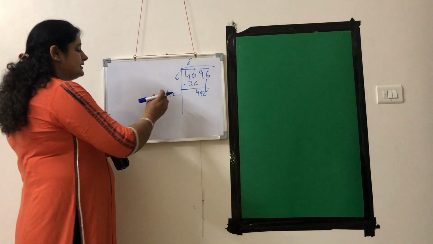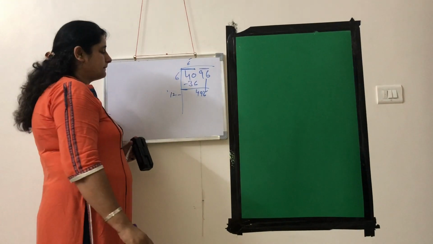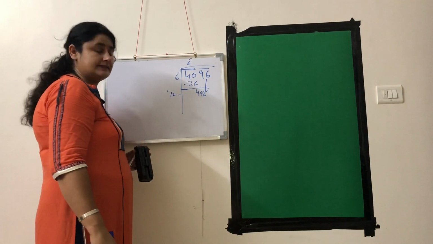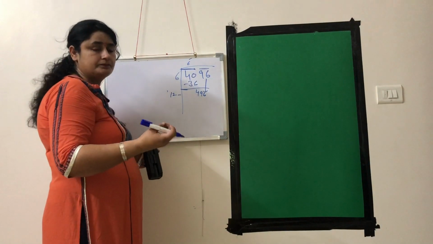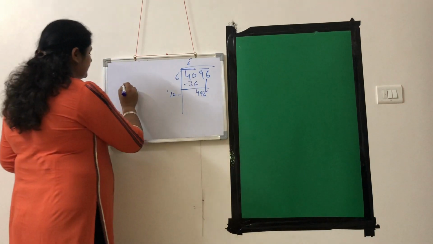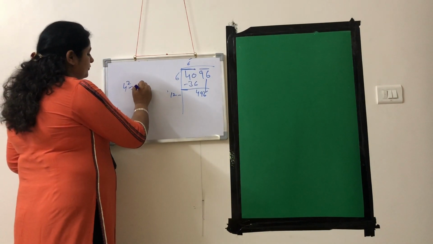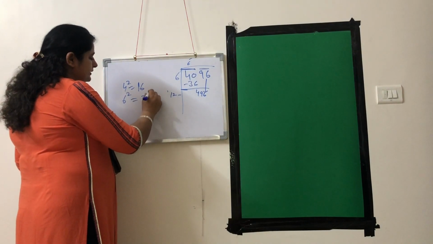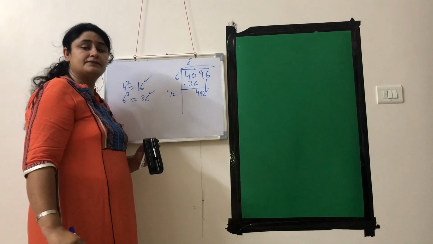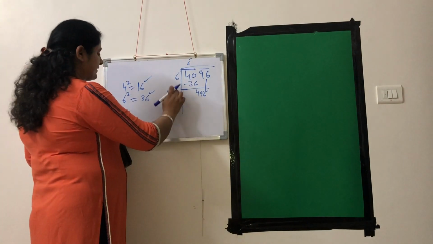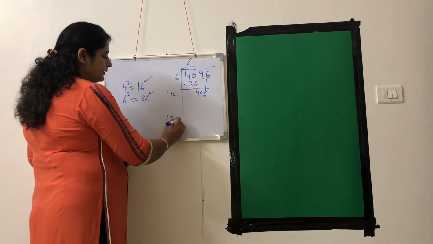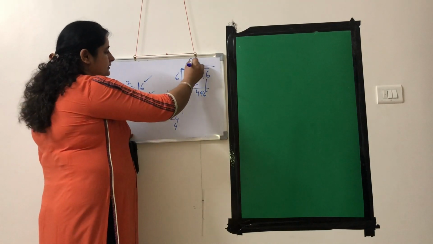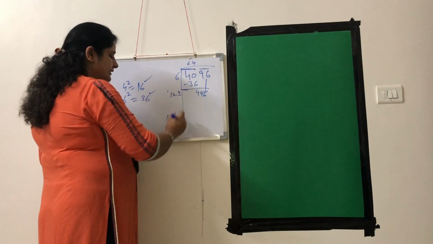Now we will judge the ones place of this divisor, so that the ones place of the square number will be 6. So can you guess? Either the number can be 4 or it may be 6. To get 6 as the ones place of the square number, we'll try with 4 first. We'll keep this 4 as the ones place of the divisor, and your quotient will automatically be the same.